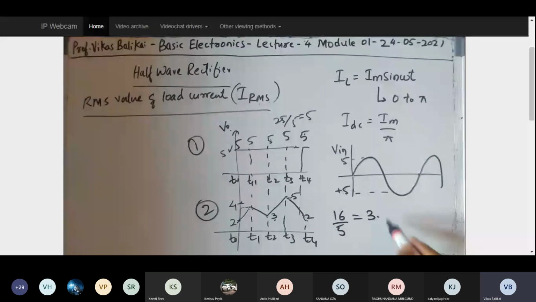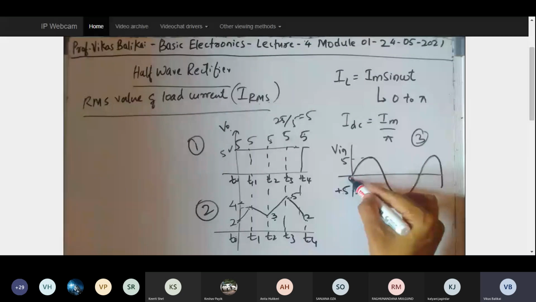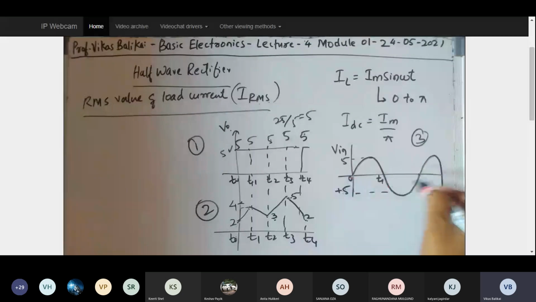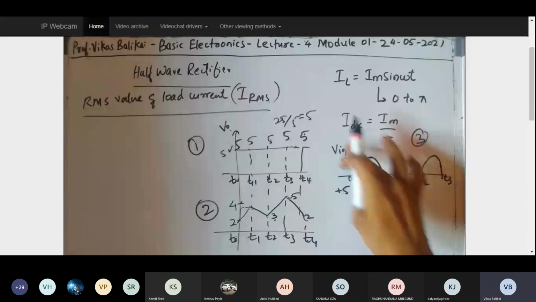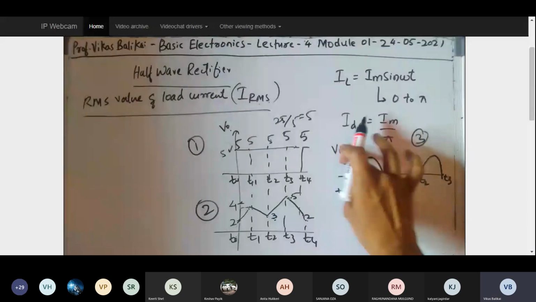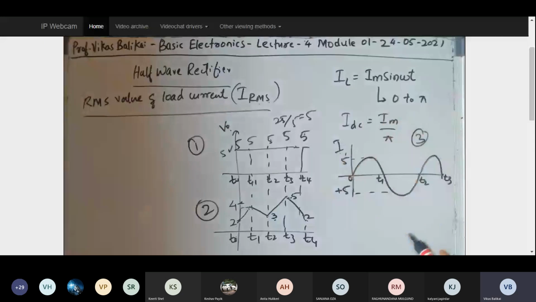Now, if I give you figure number 3, that is a sinusoidal waveform. If I ask you to calculate the average current at time t equal to 0, t equal to 1, t equal to 2, t equal to 3, let me take the current only. The average current of this particular sinusoidal waveform, or sinusoidal current. The current is an AC current, an alternating current. Now, if I ask you to calculate the average current,